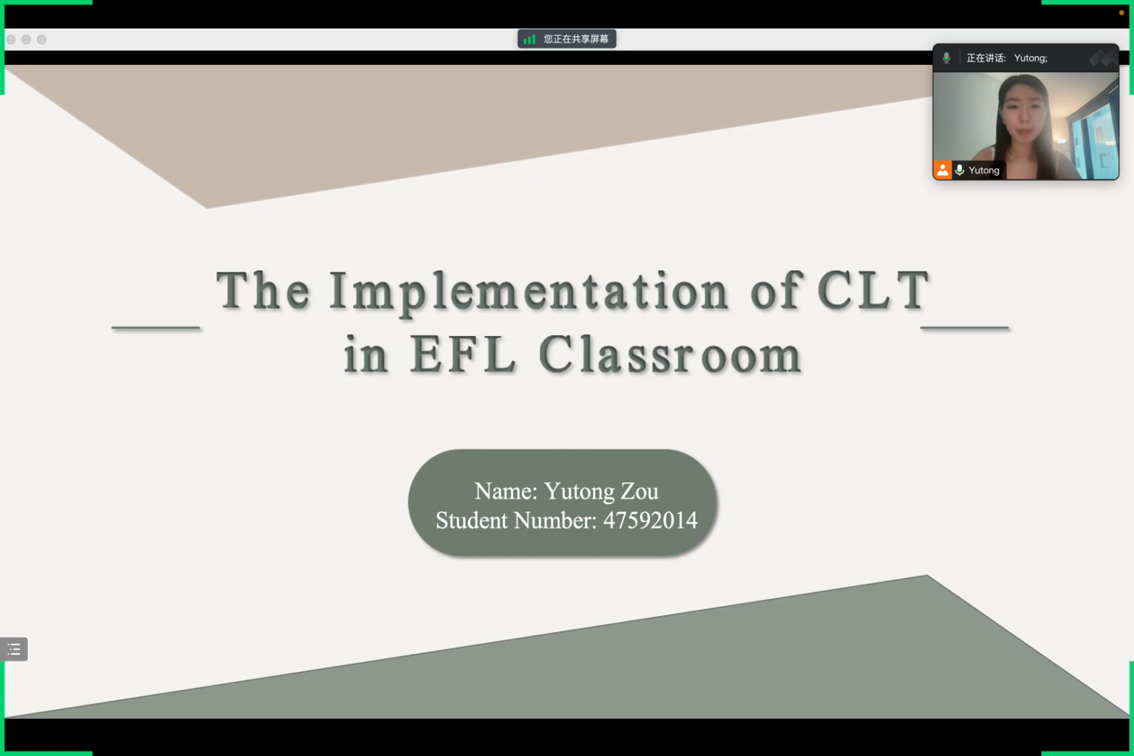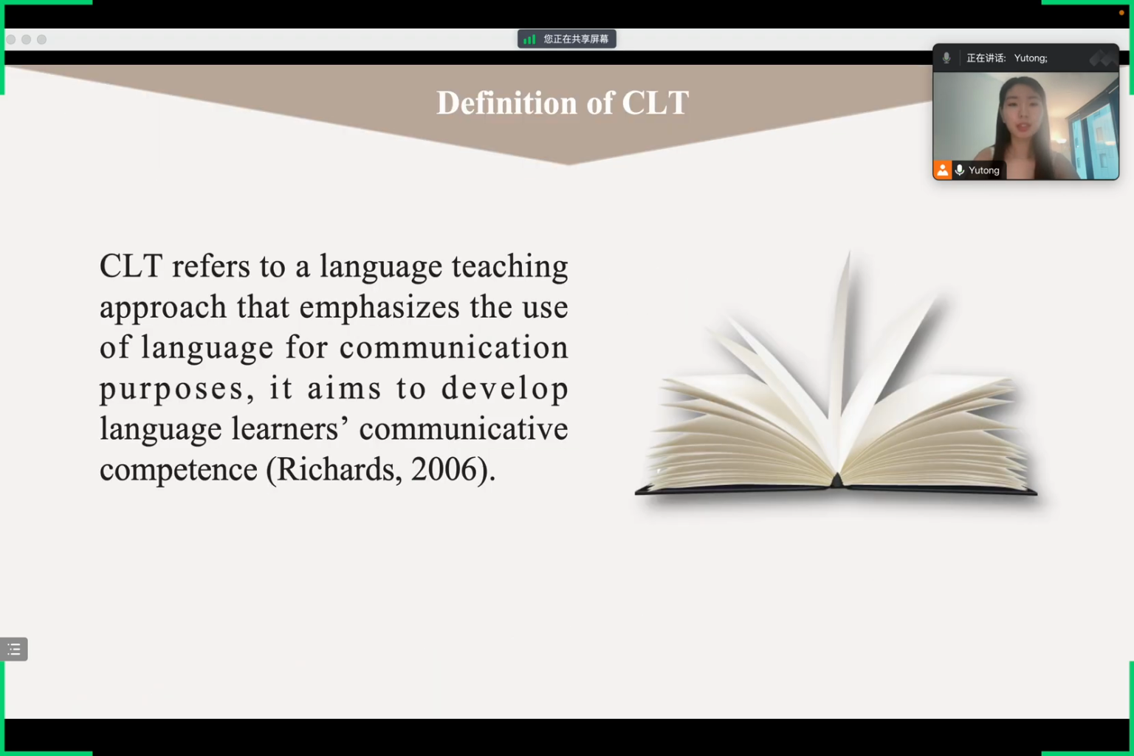Today my topic is about the implementation of CLT in the EFL classroom in Chinese high schools. After the traditional teaching methods were found to have failed to meet the growing need to improve language learners' communicative abilities, communicative language teaching was developed. It refers to a language teaching approach that emphasizes the use of language for communication purposes and aims to develop